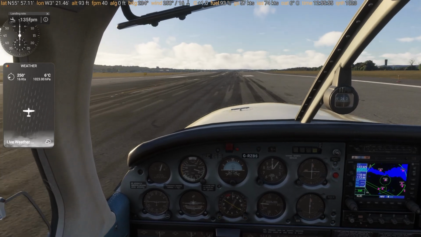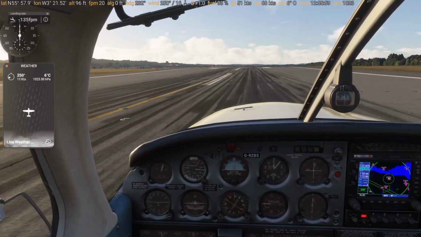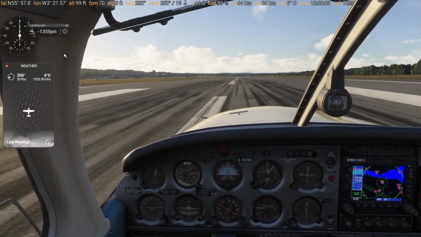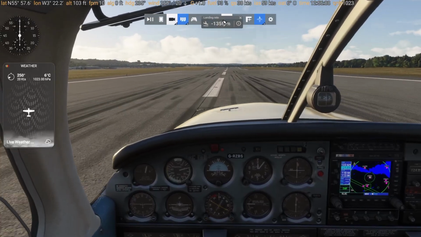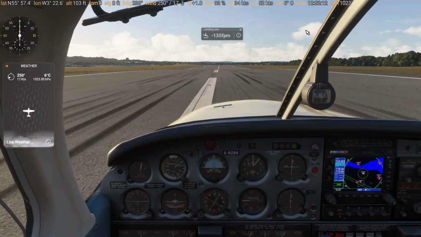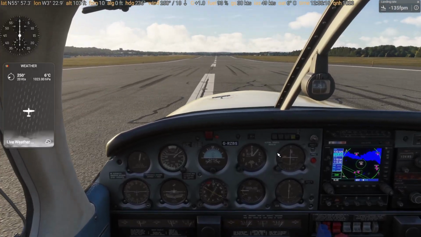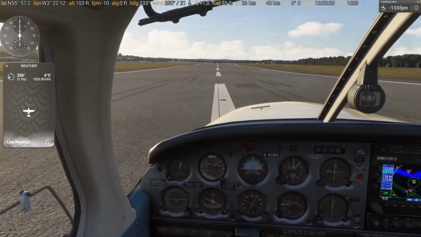Landing rate is 135 feet per minute. Not great. Not great at all, but you know what? That was not bad, and that's actually quite useful. That I want to see more of. I will probably have that on every single time, and maybe just have it dead set. No, it'll be in the way if it's dead center. Maybe have it there or something. Yeah, that I will definitely